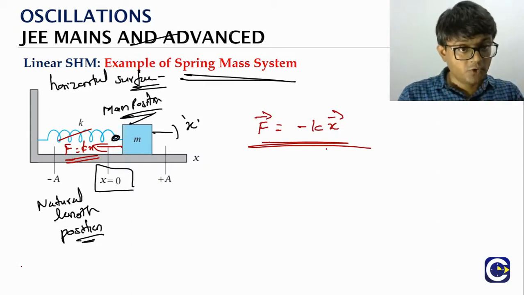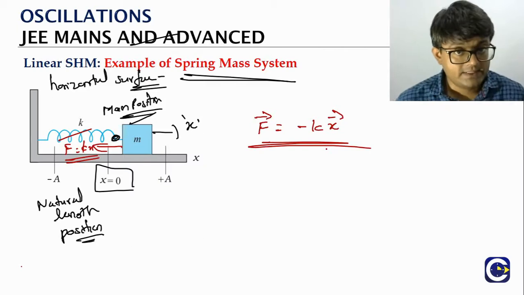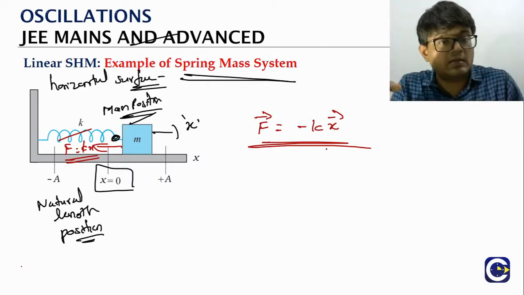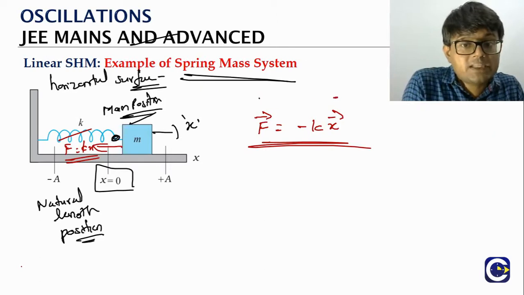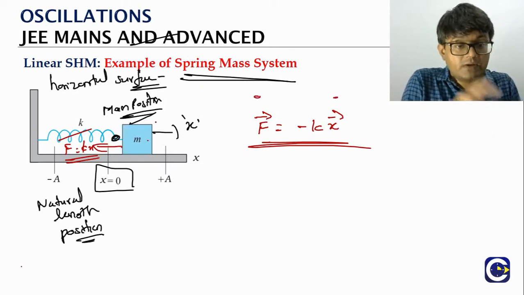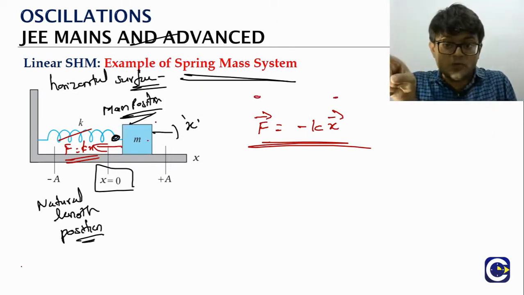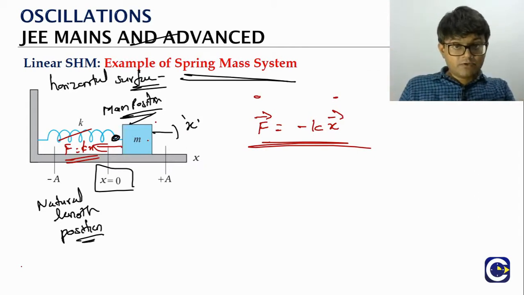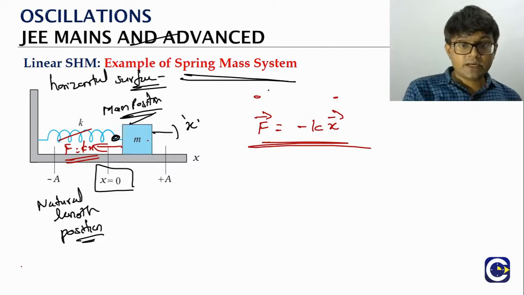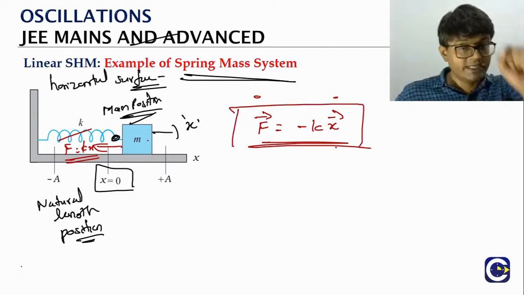The restoring force, magnitude wise, will be equal to k into x. X is the amount of elongation that we create in the spring. But if you want to relate it to the displacement of the mass, remember, we are moving the mass to the right side. So displacement is to the right side. The restoring force acting on the mass will be to the left. So as a vector notation, we should keep a minus. That's why the minus comes.